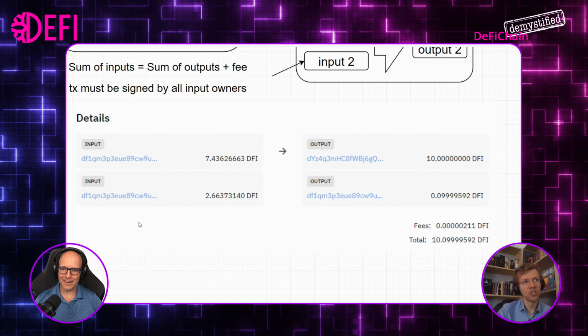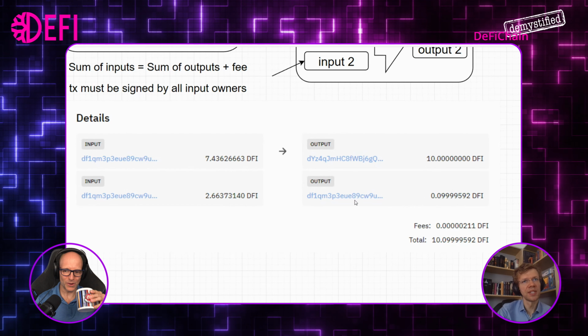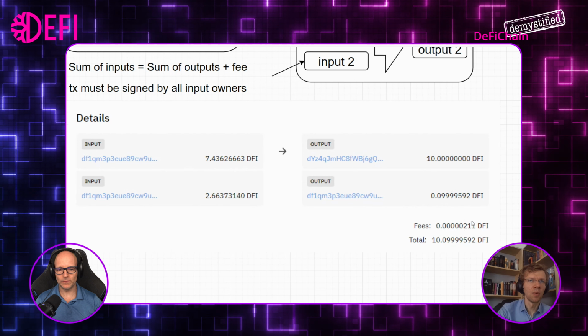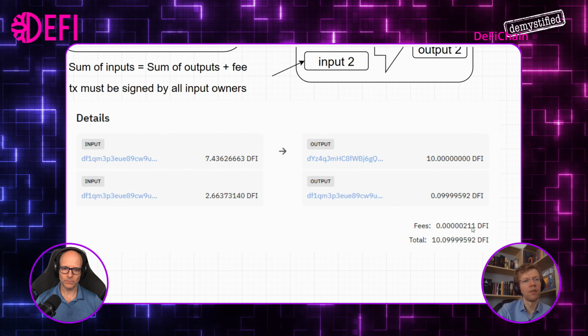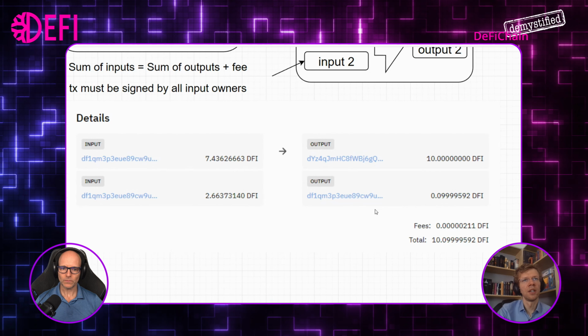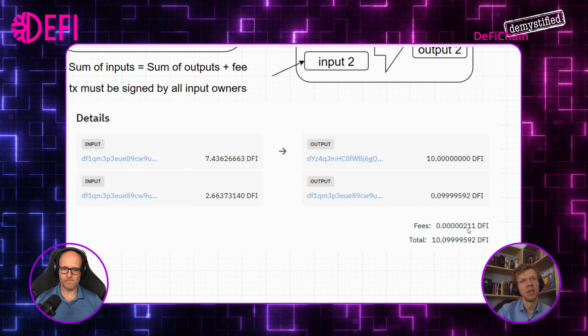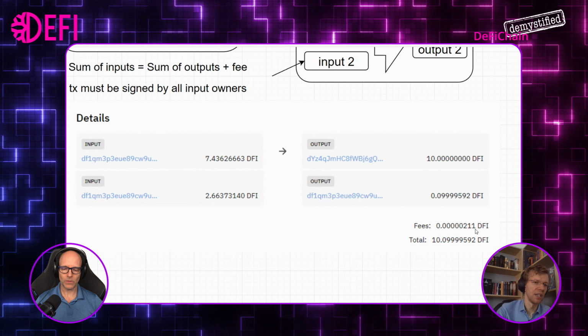Yeah. More inputs means a bigger transaction, means you have to pay more fee, because the minimum fee is 1 satoshi, so the last digit, 1 per byte, roughly. So if you have a lot of bytes. So this is basically, because it's a minimum fee, probably this transaction took 211 bytes in the block.